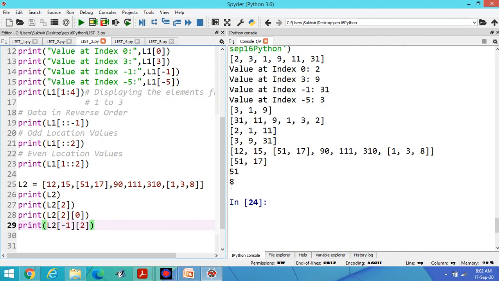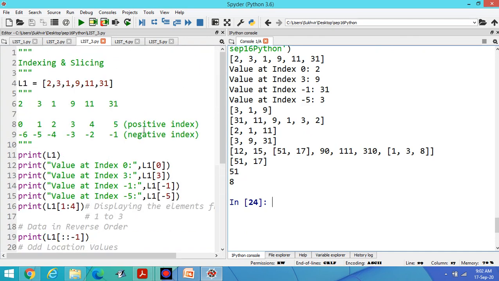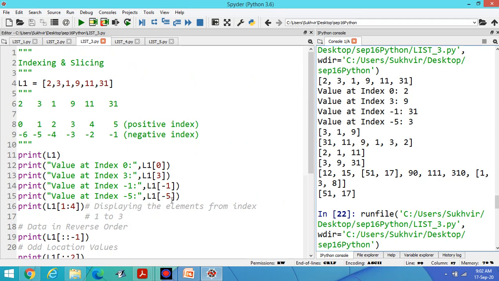Check the output, you can display 8 here. These are the concept of slicing. With the help of slicing, you can display the required element, and with the help of indexing, you can display any of the element as per required.